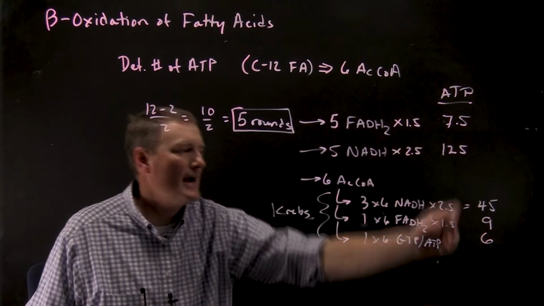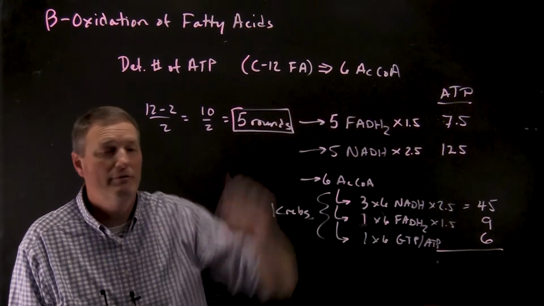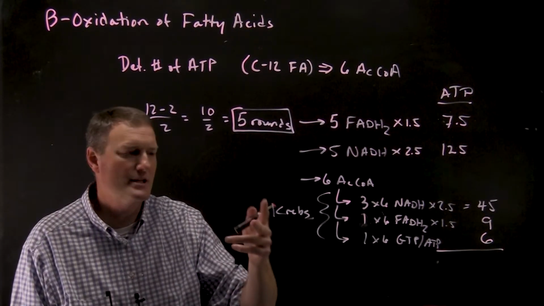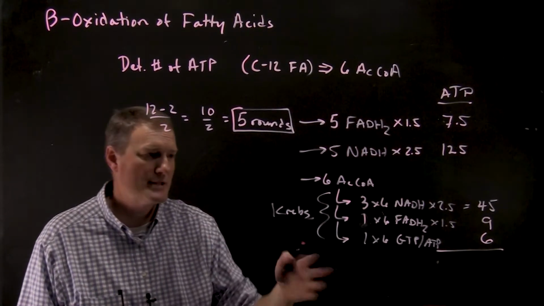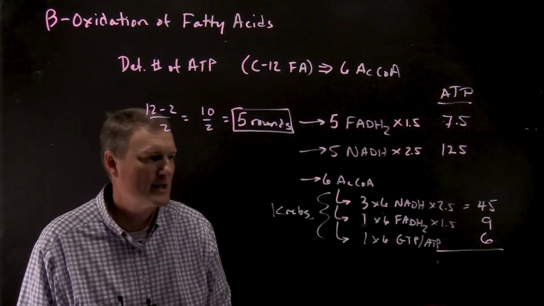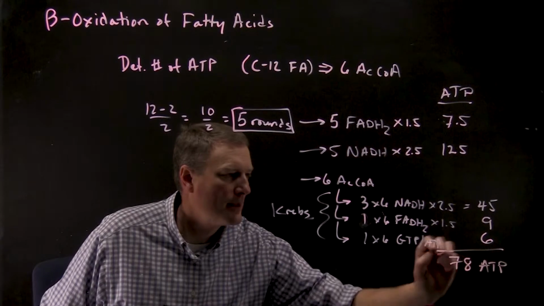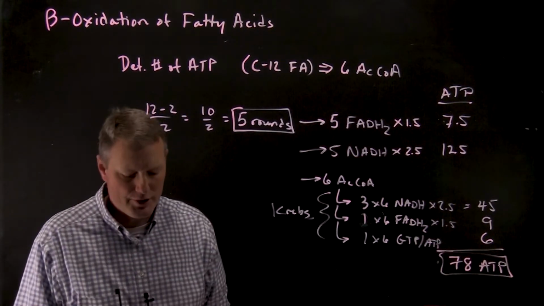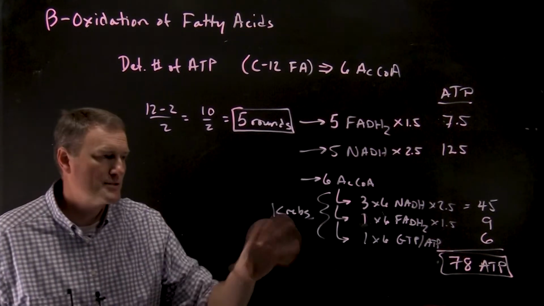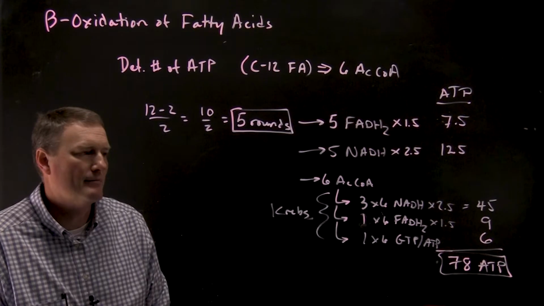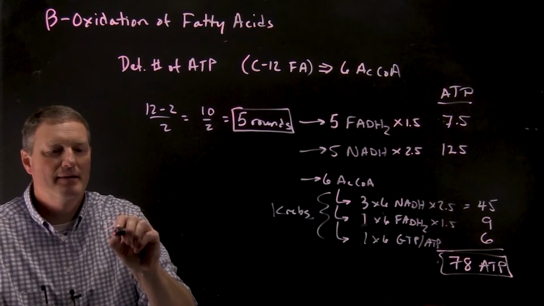So if you total up the entire number of ATP that are generated from just a C12 fatty acid going through all of its beta oxidation, and then all of those components being degraded ultimately by the Krebs cycle and then donating electrons to the electron transport chain, we would get 78 ATP. So that's a considerable amount of energy from a fairly small molecule. All right, so I hope that helps in terms of summarizing how you would calculate the total number of ATP. What I'd recommend is you do for practice,